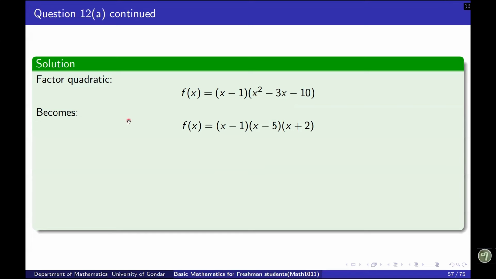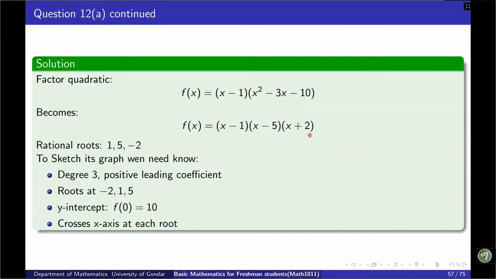So the fully factorized form of f of x could be x minus 1 times x minus 5 times x plus 2, so that the roots are 1, 5, and negative 2, as obtained previously. Then, to check, we sketch the rough graph of the given polynomial function. We need to know